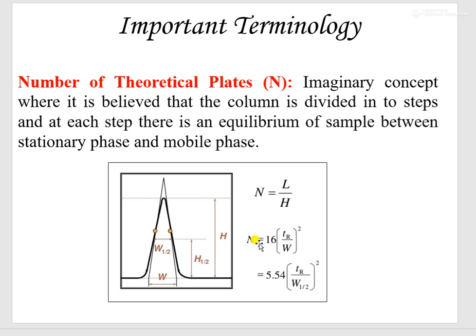This can also be calculated by formula 16 TR upon W whole square, where TR is retention time of the peak, W is the peak width at the base. N is also calculated by the formula 5.54 into TR upon W half whole square. Again the TR is retention time of the sample and W half is peak width at the half of